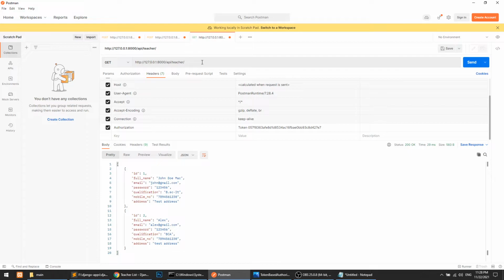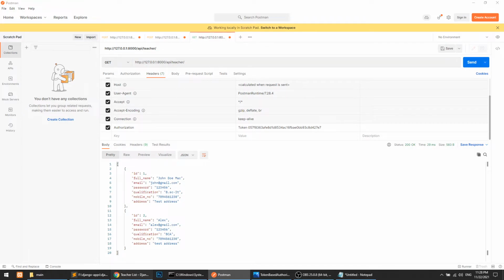There are so many ways to authenticate the request. We can use token, basic authentication, or session, but in this project I will just discuss two authentications: one is basic and another is token based authentication.